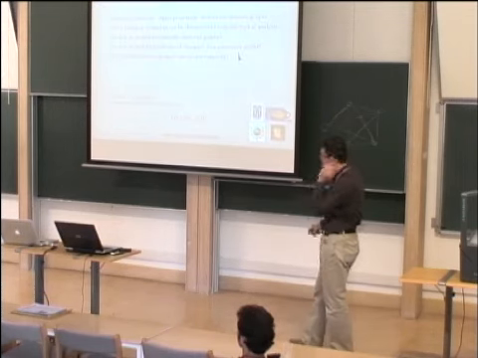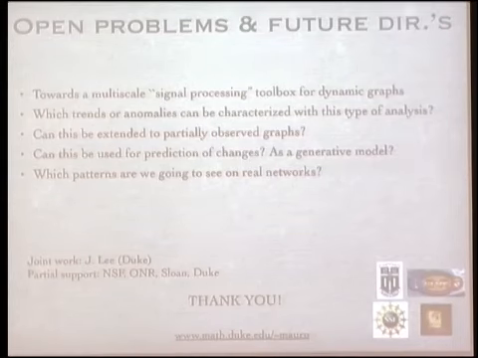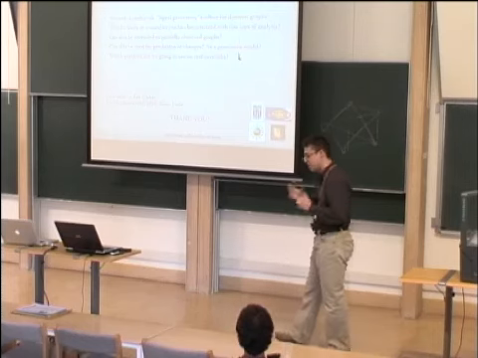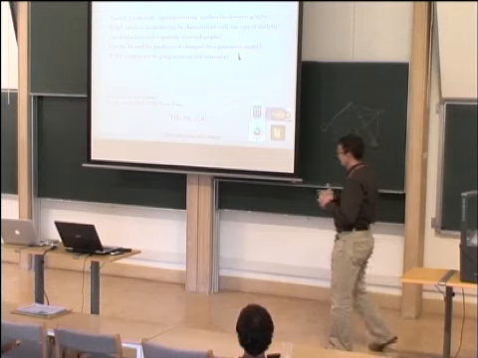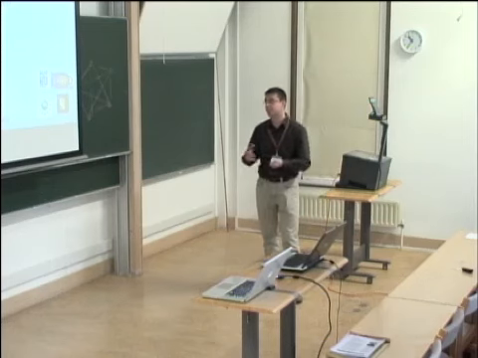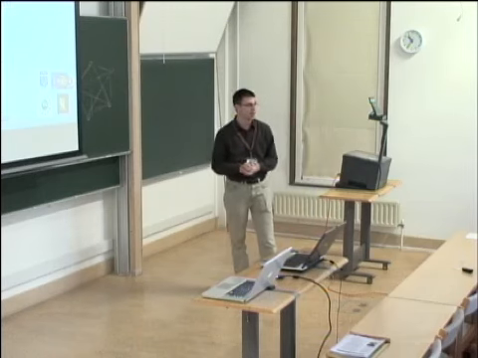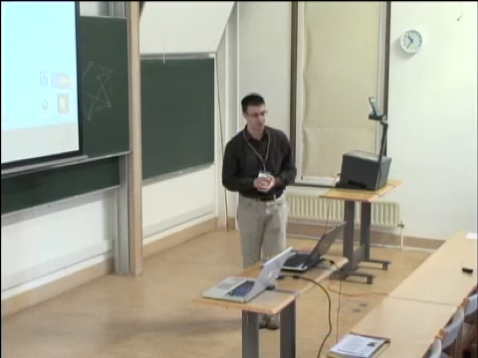And so this is all very much work in progress. I would very much appreciate comments and especially directions on where I can get data sets where I have graphs changing in time rather than playing with toy models that we understand well because we created both the algorithm and the toy examples. And there are many, many open questions. How sensitive are these things? Can we really detect useful things in real dynamic graphs? And which kind of things can we detect in this way? Thank you very much, and I appreciate your comments and questions.